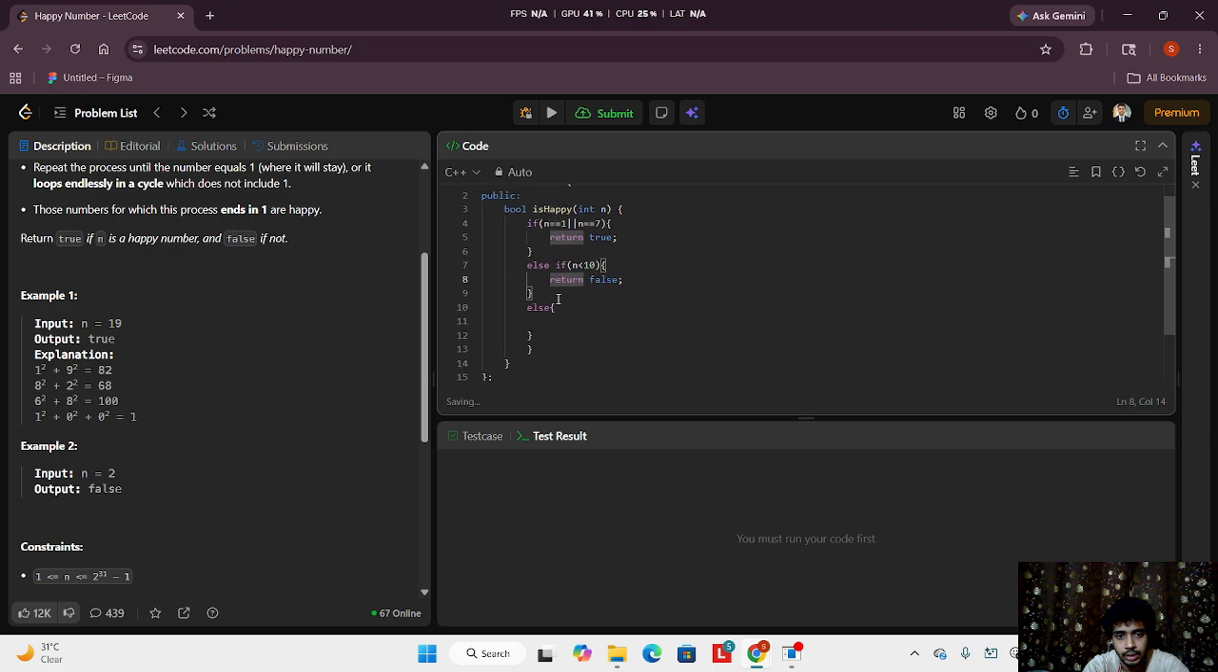Now, for the third one, the else, this is the most important part, I think. Within the else, I will go for an int sum. Sum equals 0. Then, while n is greater than 0,